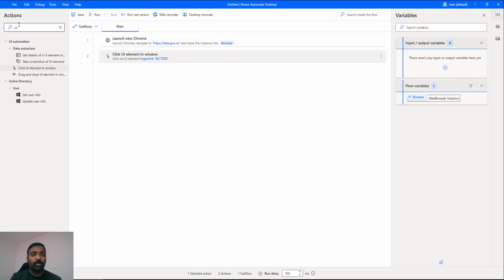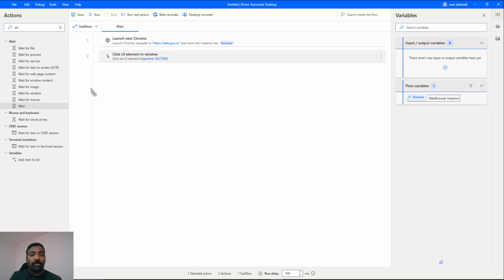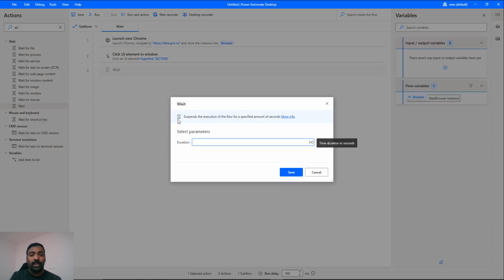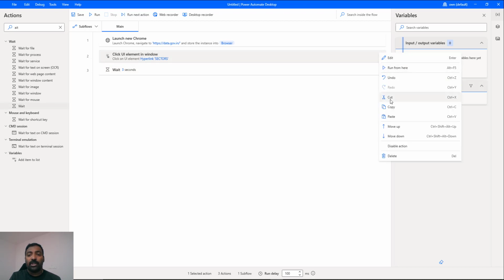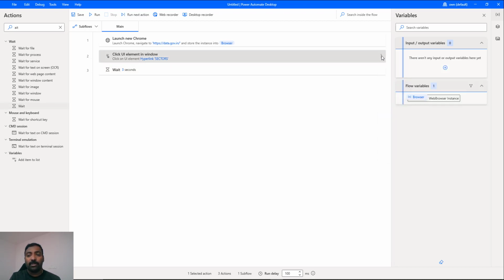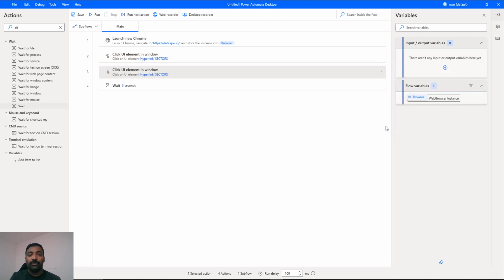So next, let's put a wait. We have a type of task which can be used for putting a waiting time. So you can drag and drop a wait, and you can put a duration of say 3 seconds. So whatever you are passing here, that many seconds it will be waiting. So it will wait for around 3 seconds and then it will click on another UI element. If you want to copy it also, it will work. You can copy and then paste it and move it down. That's also another way to add it if you want to replicate.